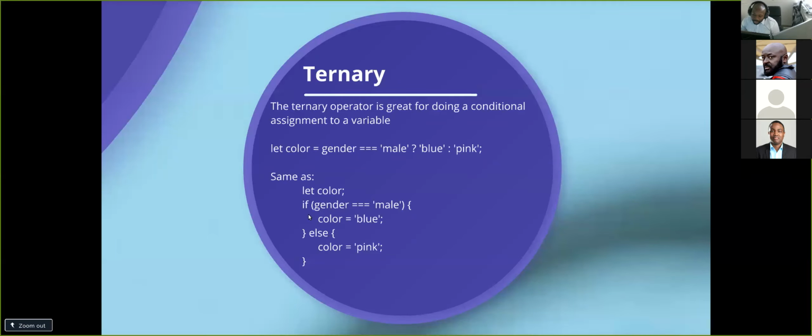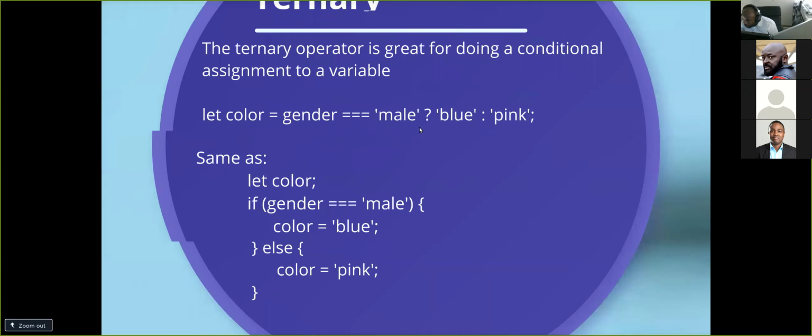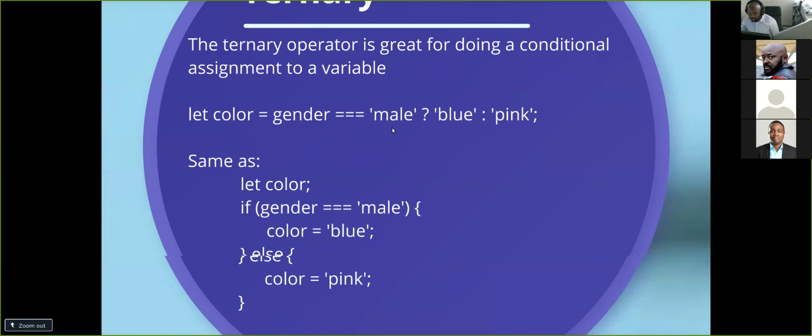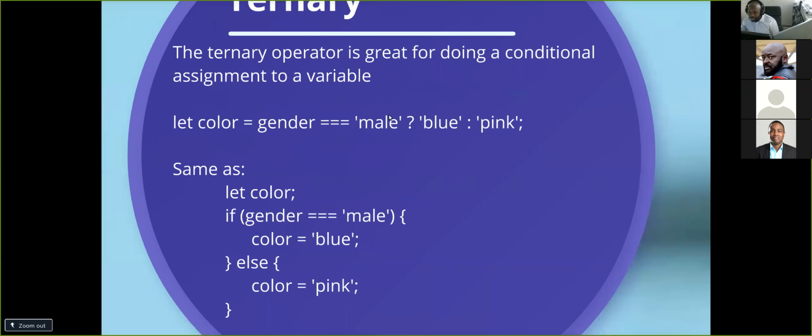rather than having to write how many lines? 1, 2, 3, 4, 5, 6 lines. With this ternary operator, I can do it all in one line. And this is how the assignment works. I will say let color equals, and then this is my condition here. Gender equals to male is my condition. This is the same thing as my if,